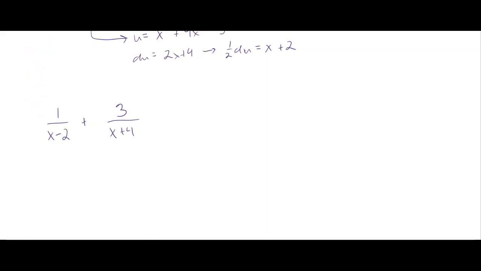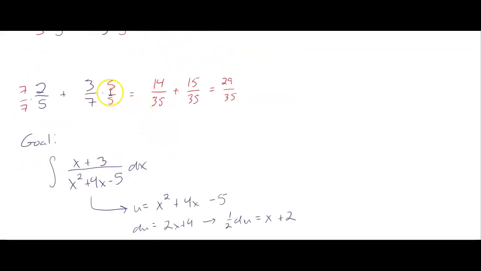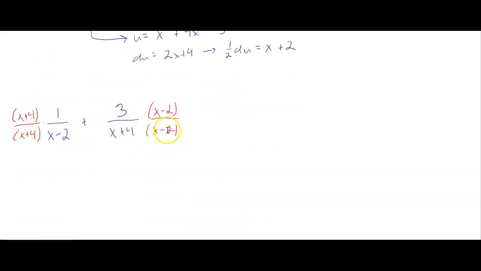Here comes your answer. So just like with the previous ones, I got to look at the piece that is the combination of the bottom, so the common denominator. So I got an x minus 2 here and an x plus 4 here. So this thing is missing the x plus 4. This is missing the x minus 2. So I multiply it by this because this is a form of 1. And we get